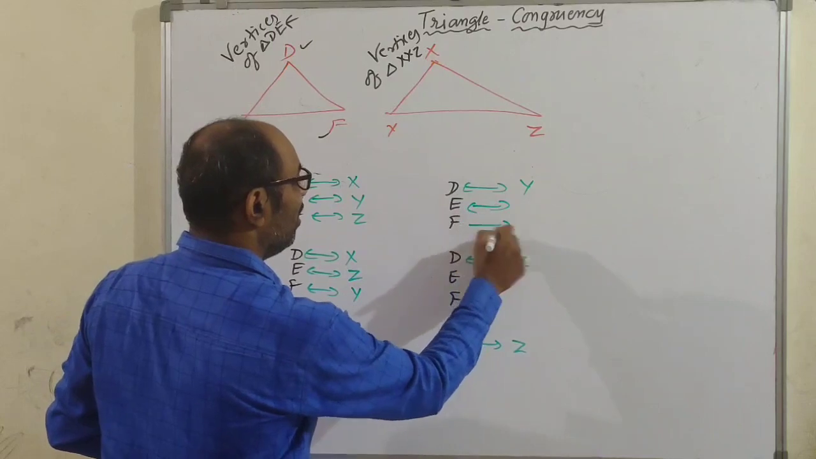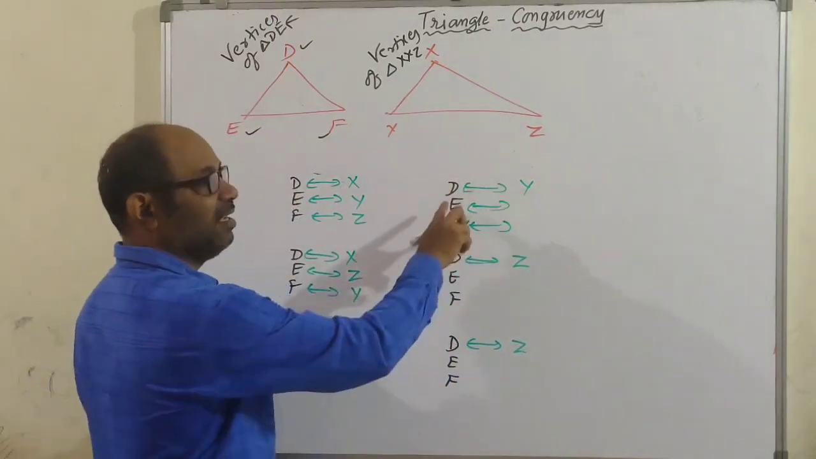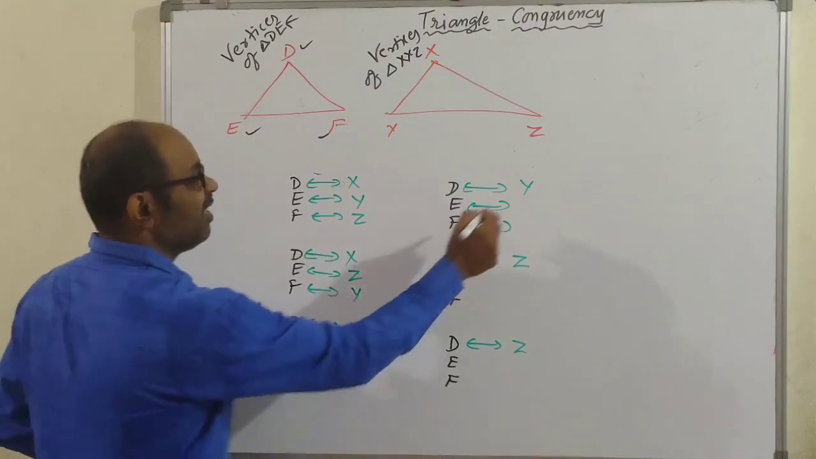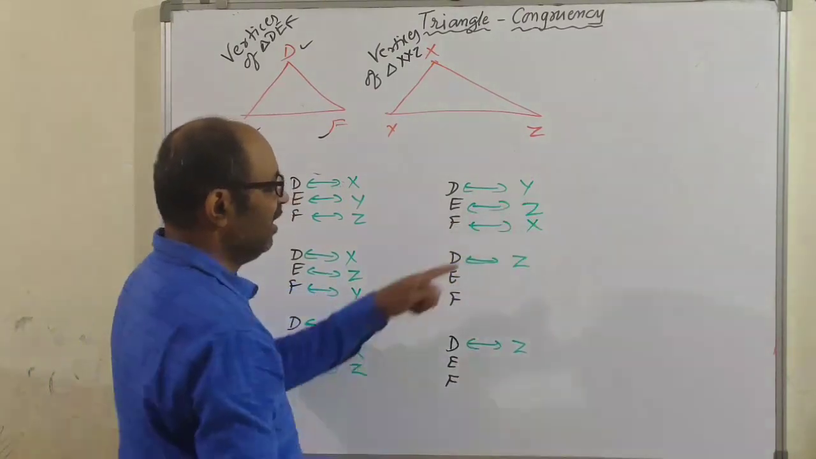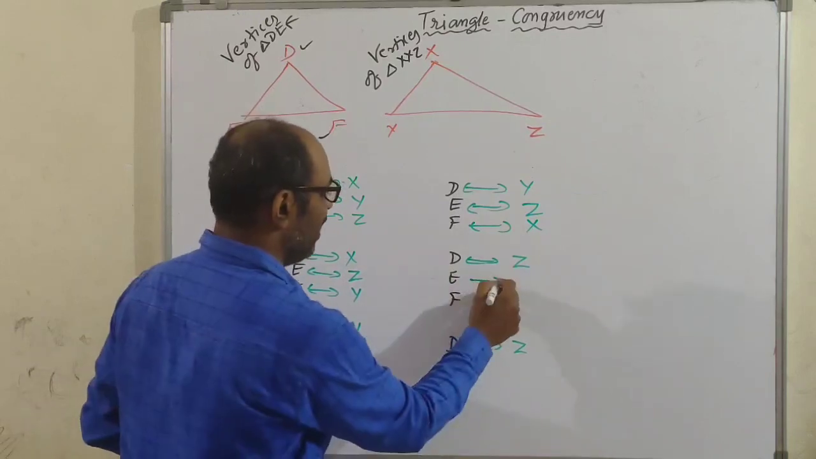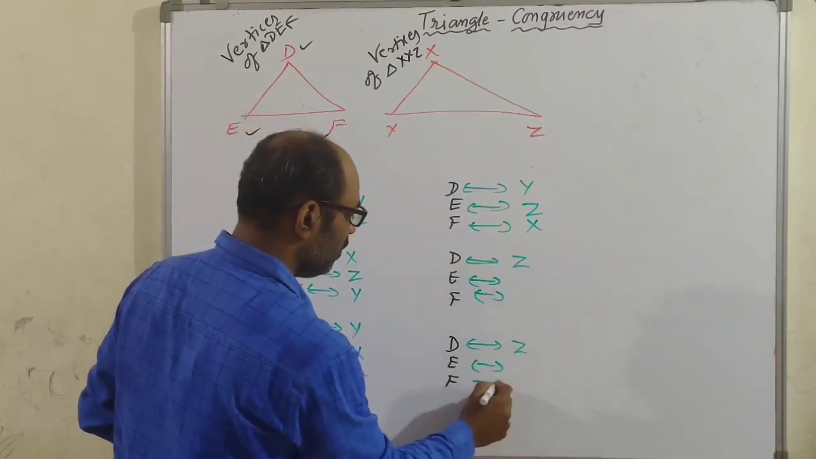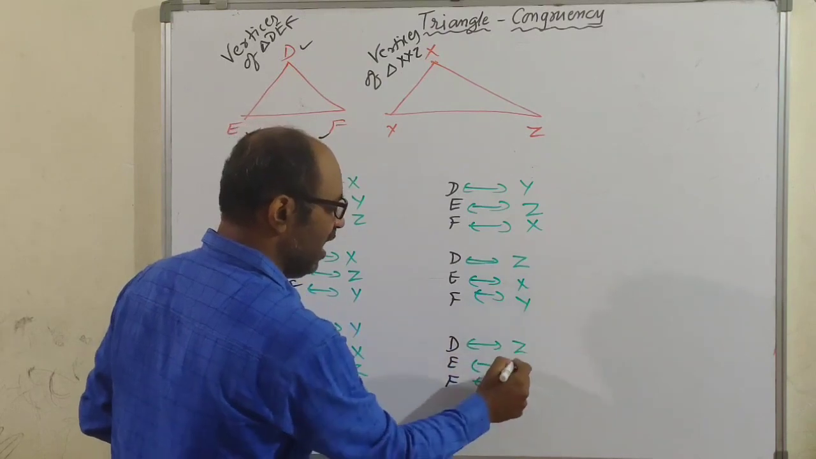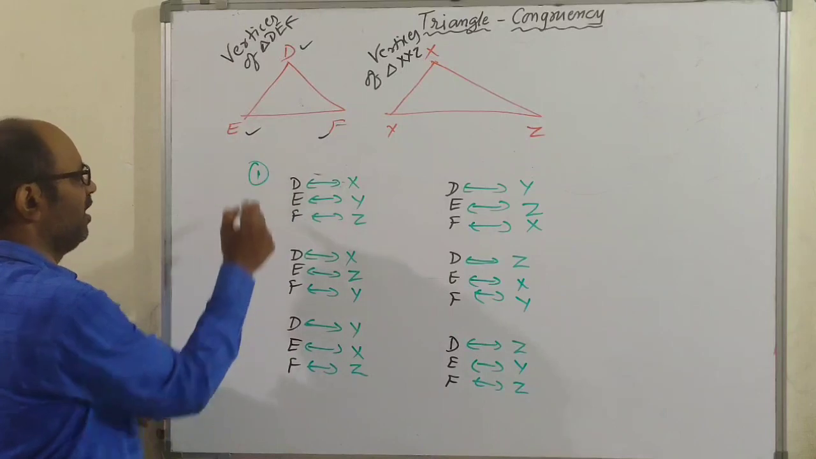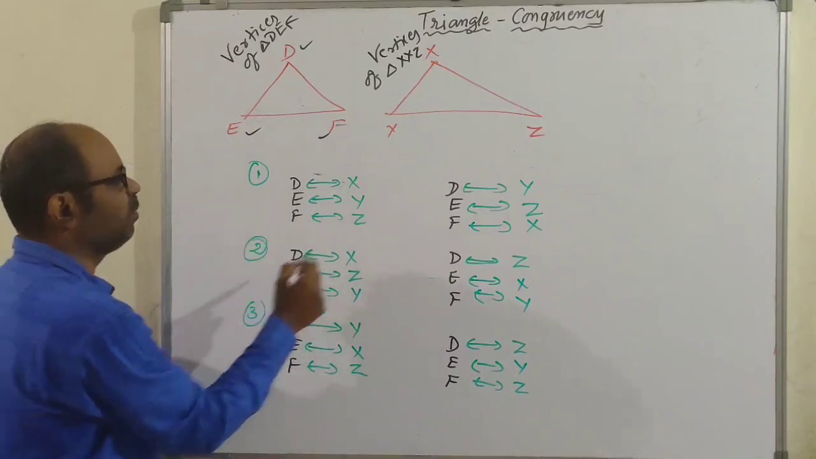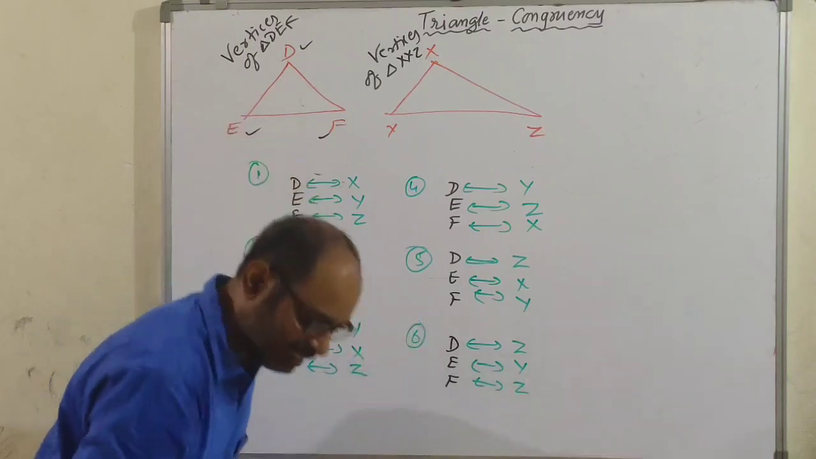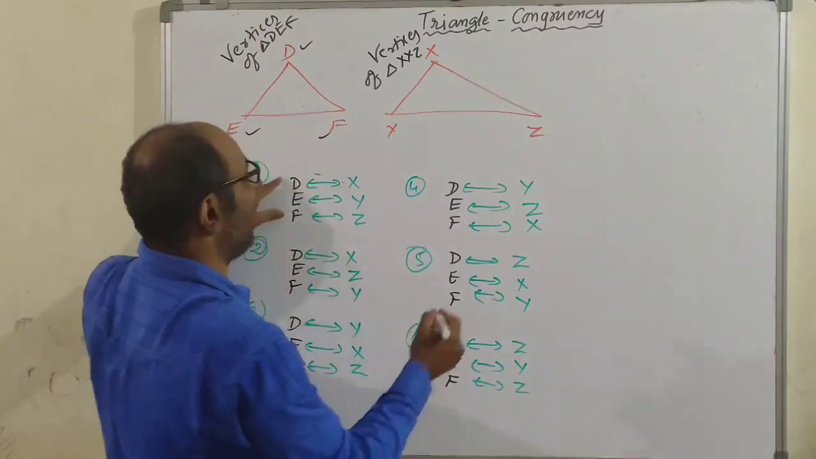D corresponds to X, Y in both these cases. The remaining one are xz. Now I'll write zx. In the last two cases, D corresponds to Z. The remaining two are xy, and here I'll write yz. So this is correspondence 1, correspondence 2, correspondence 3, correspondence 4, correspondence 5, correspondence 6, which you may write as